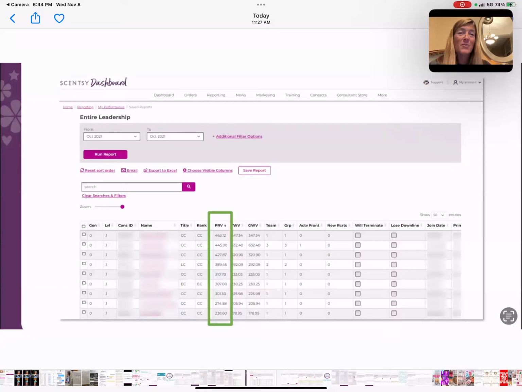I don't know who all's on the call tonight, but I remember talking to some of you when the most exciting thing that happened in your business in a long time was when you had page 2 when you ran your reports. That is something to be super excited about. You know, for a long time you only had the 1 page, and then you get past 50, you get to 51, and now you got a second page.